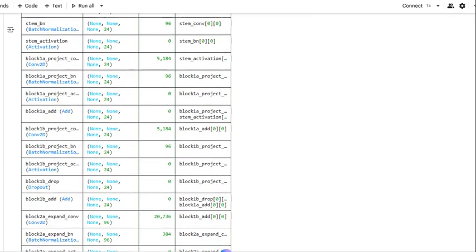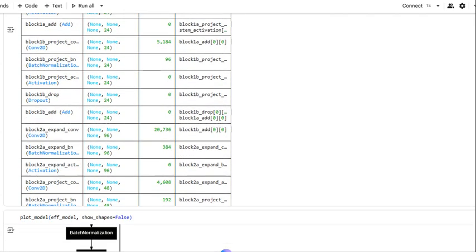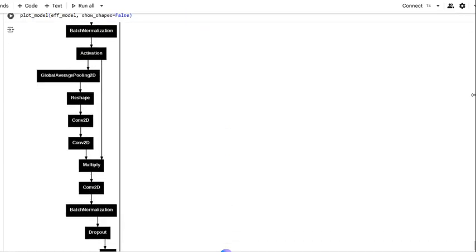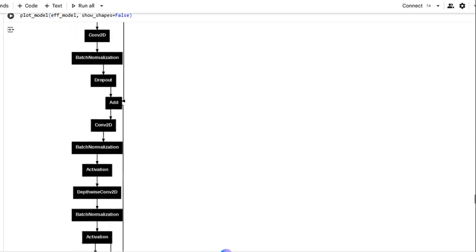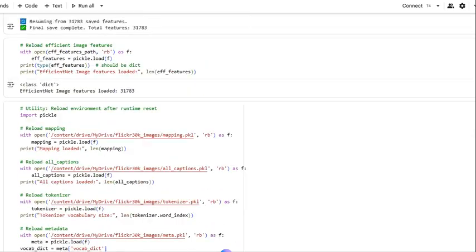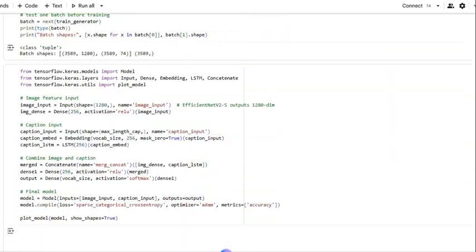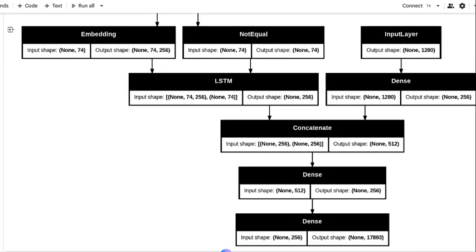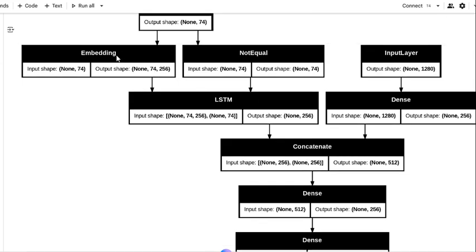Here, this is the EfficientNet model still. It's a very deep convolutional neural network if you want to see. This is the structure of EfficientNet. And this one is the architecture of my multimodal with EfficientNet features. We have the same embedding and LSTM for the text features, and the input of the image